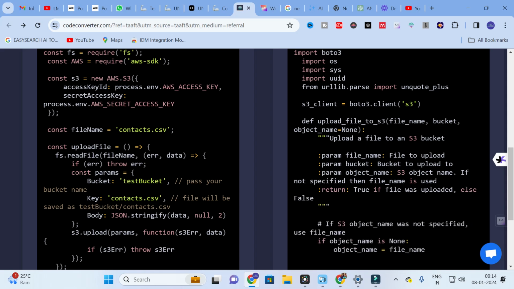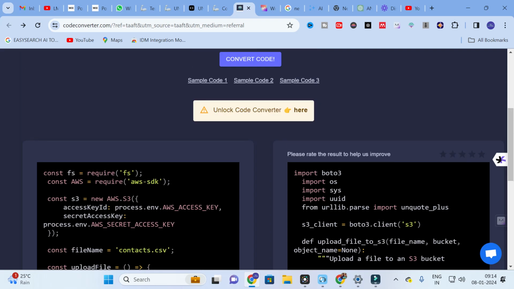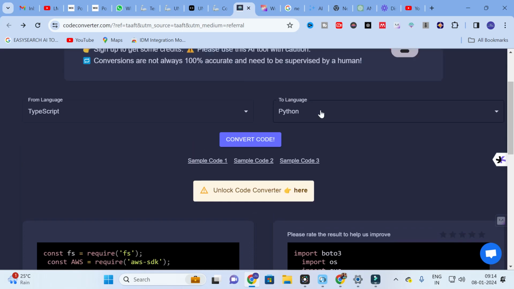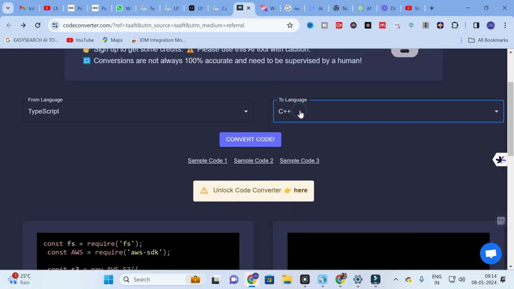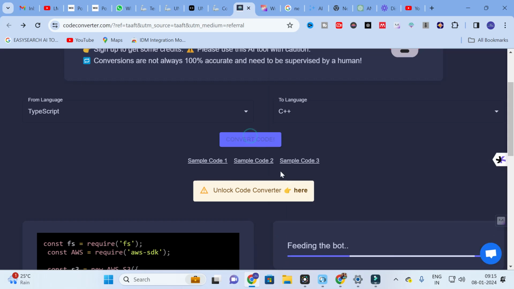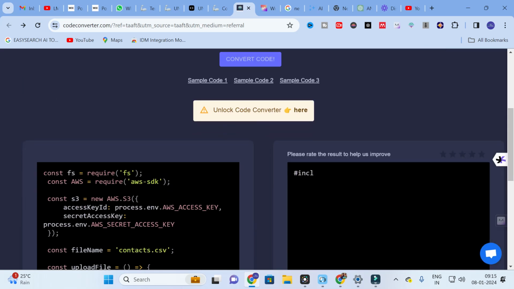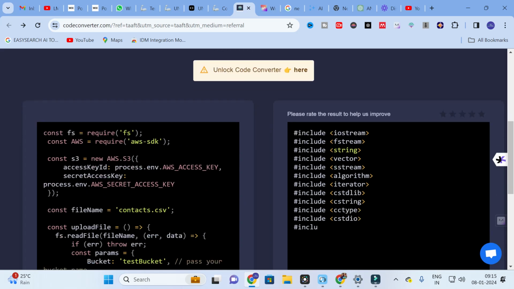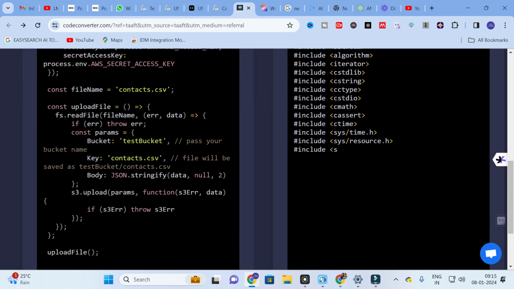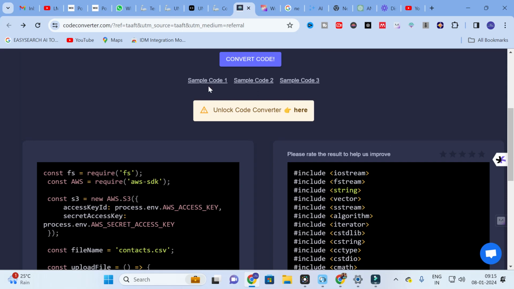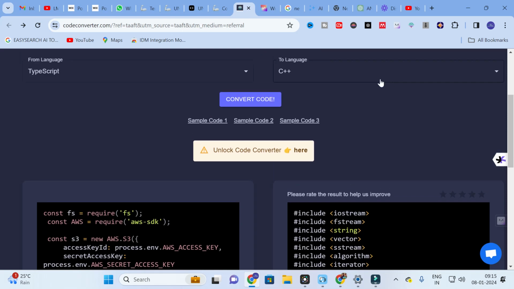After that you can use any of the languages. For example, I want C++. Then click convert code. Here you can see this is the C++ version of that particular code. Like that you can convert any code in seconds using this